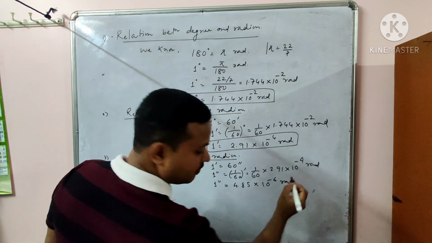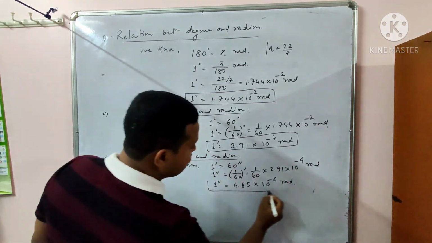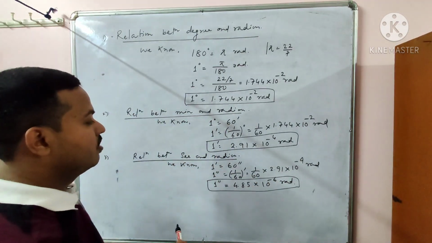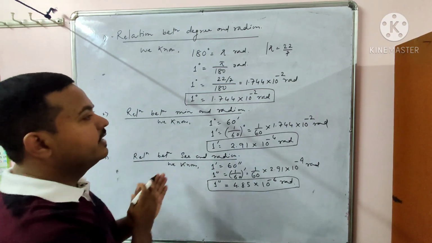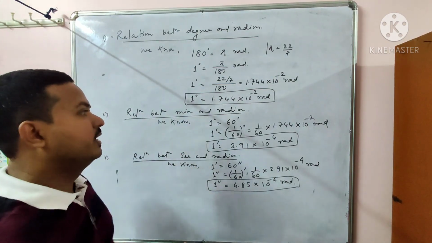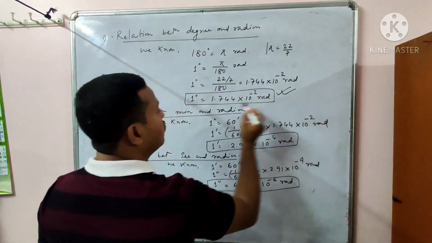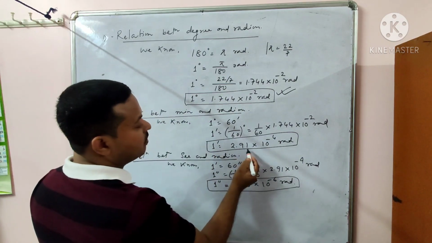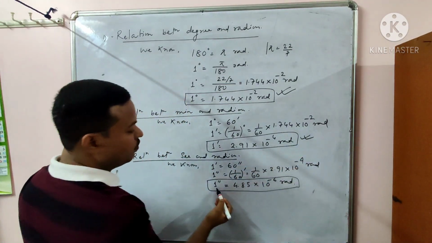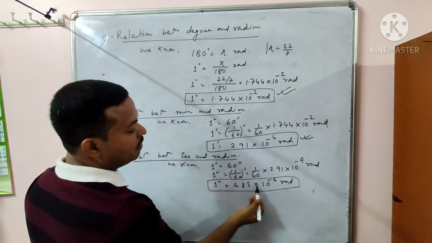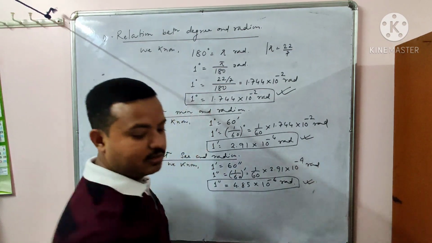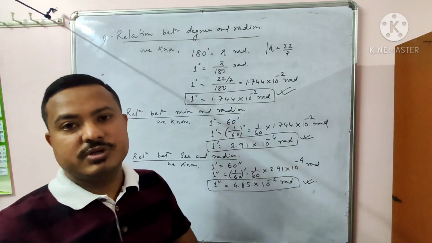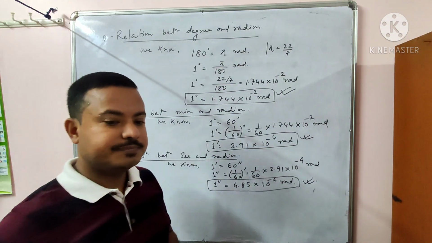6 radian. Okay, so these three formulas, just remember them in order to convert degree to radian, minute to radian, second to radian. So 1 degree equals 1.744 10 to the power minus 2 radian, 1 minute equals 2.91 10 to the power minus 4 radian, and 1 second equals how much? 4.85 10 to the power minus 6 radian. So these are the conversions between these common units and the SI unit. Okay, so just remember it.